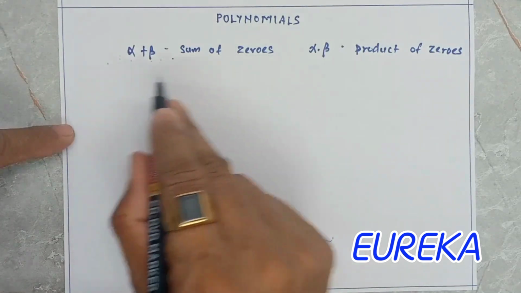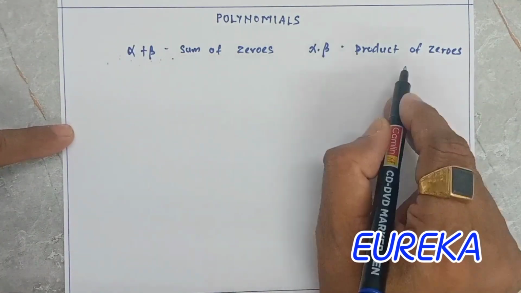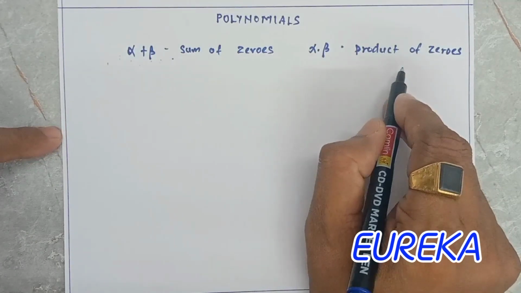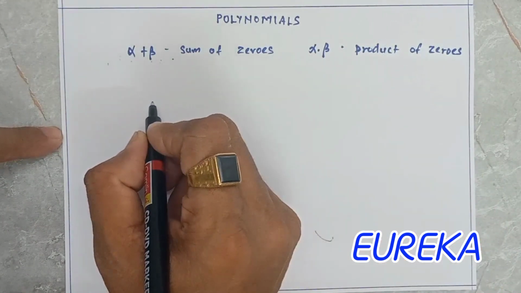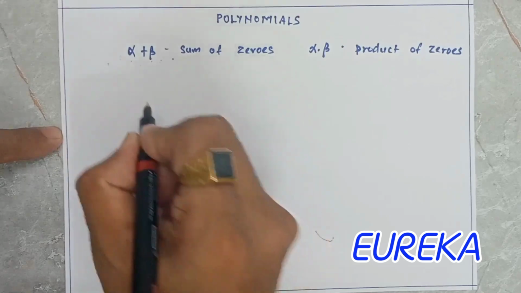So if alpha plus beta is the sum of zeros and alpha into beta is the product of zeros, then the general representation of the quadratic polynomial is given by